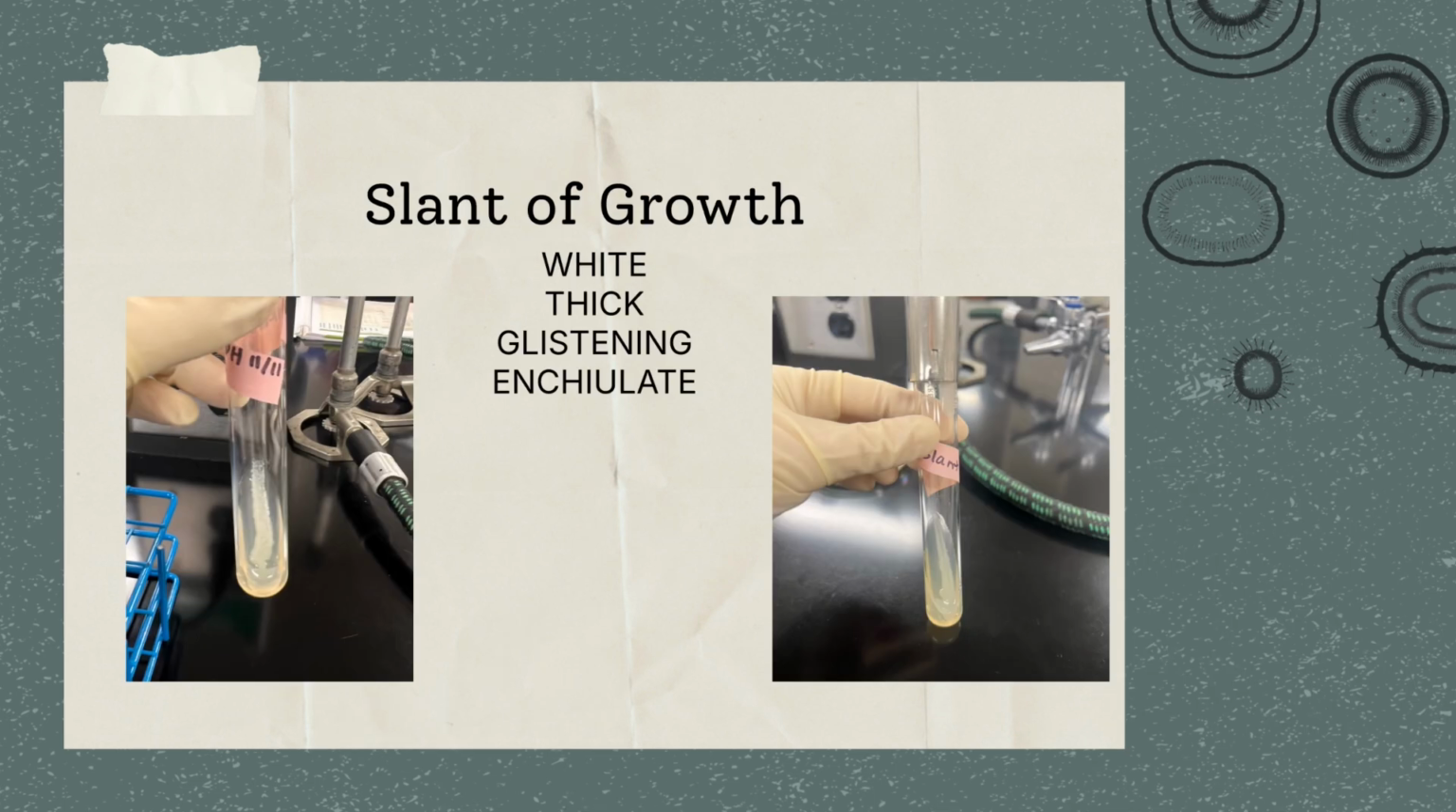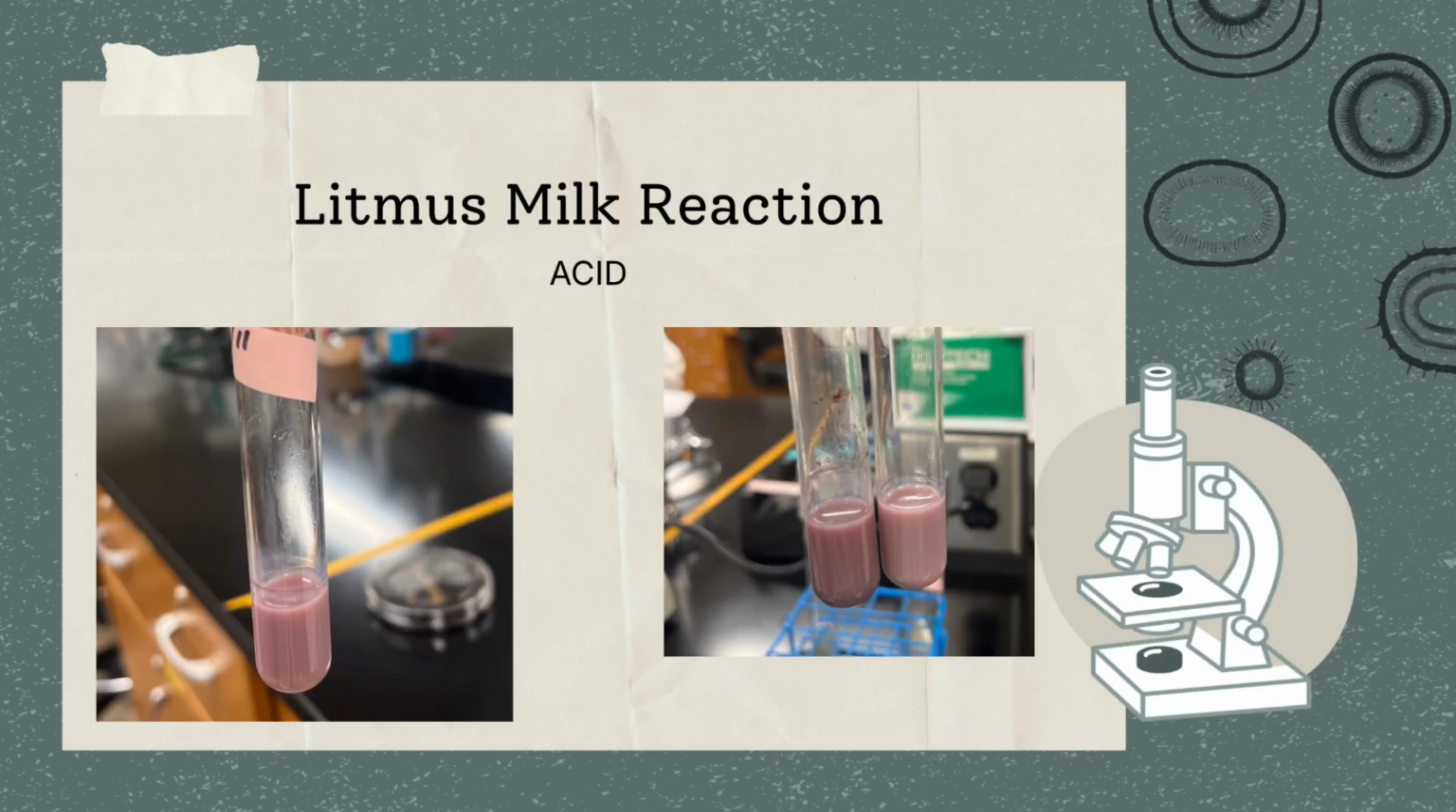My slant of growth was very white, thick, glistening, and insulate. I'm not sure if I'm saying that right. I digress. It was very moist, thick, glistening, and it kind of grew in a huge puddle at the bottom. I wouldn't necessarily call it a puddle because it was very thick and yucky, but